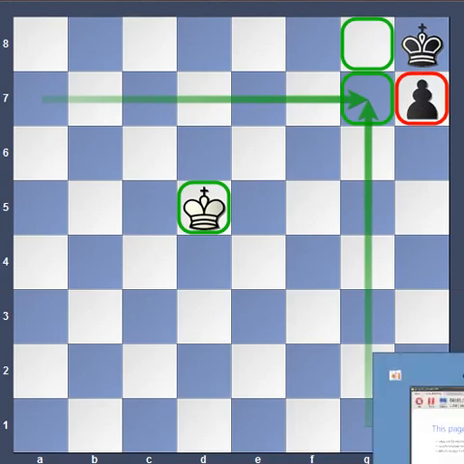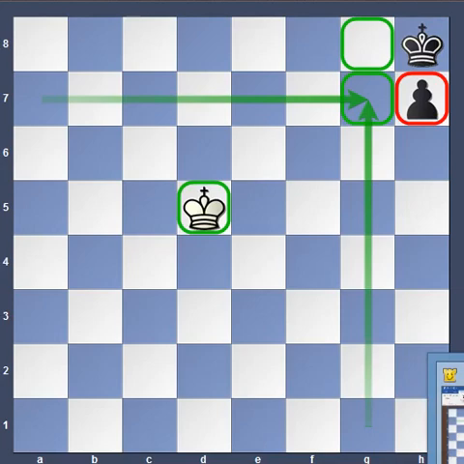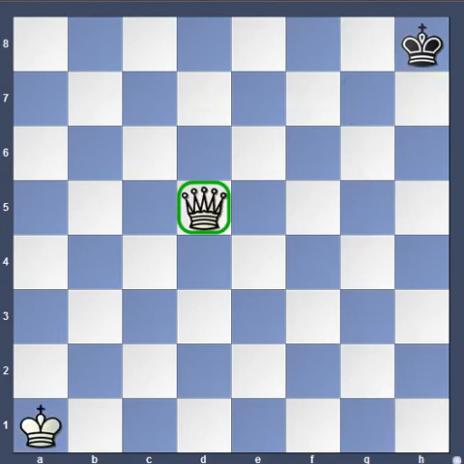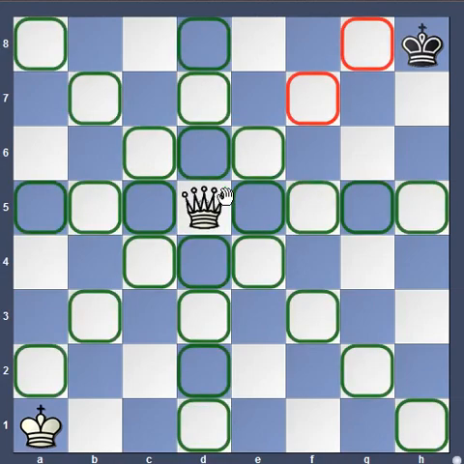And now coming to the next piece, that is the queen. Queen is the most powerful piece on the board because of its features and its mobility. Queen can go in any direction, I mean vertically, horizontally, and even diagonally.